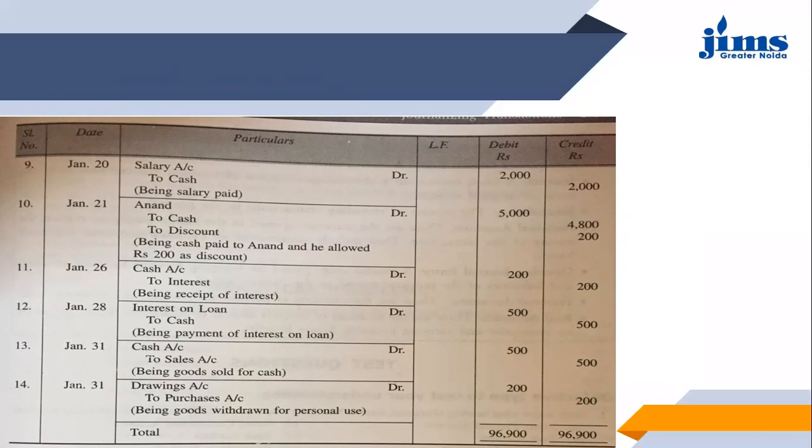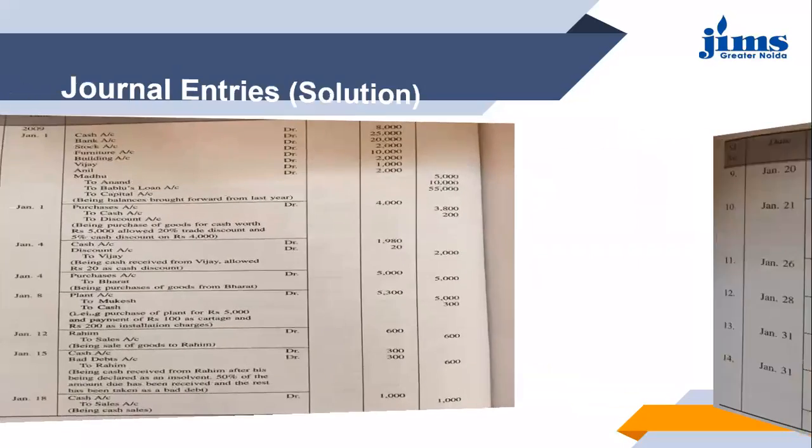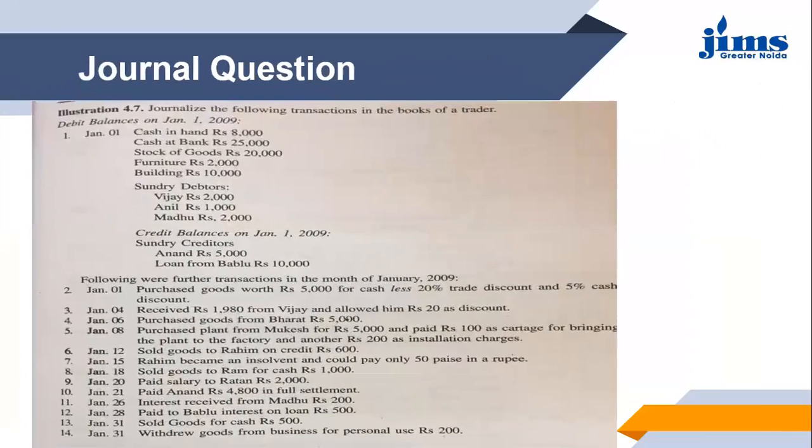So under 28 January, interest is expense to cash because cash is going out of the business, at 500 rupees in the respective column. Then coming to the next entry, sold goods for cash 500. Now this is an easy entry for you all. Sold goods, it is a sales entry. Sales is always credited as per the real account rule, and since it is a cash transaction, cash account is debited because cash is coming into the business. So the final entry will be cash account debited to sales account.